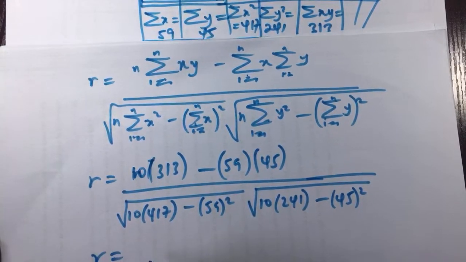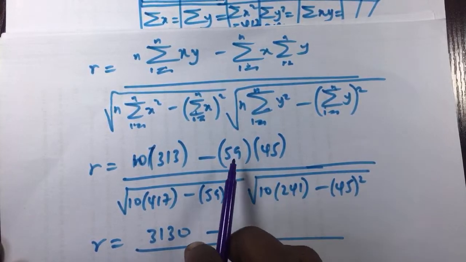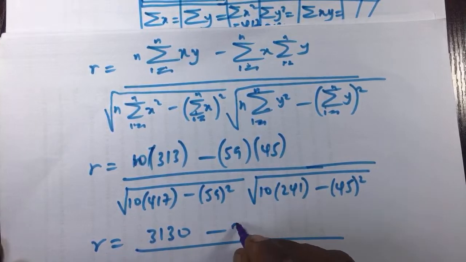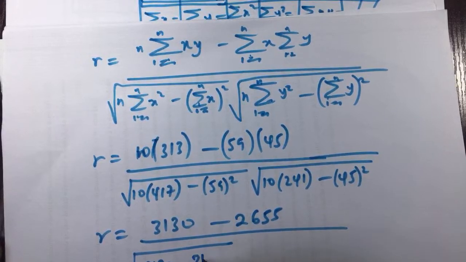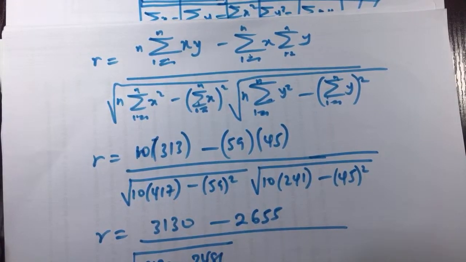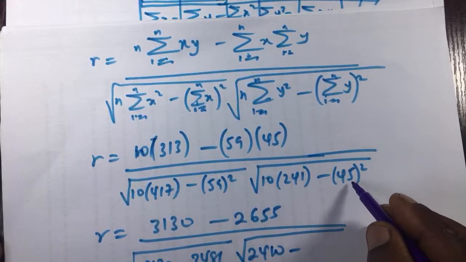So if you simplify, you are going to end up having 3,130 minus, if you multiply 59 by 45, you are going to have 2,655. Then below here, you are going to have 4,170 minus 59 squared, which should be 3,481. Okay? Then in this other square root, you would have 10 times 241 gives you 2,410 minus 45 all squared will give you